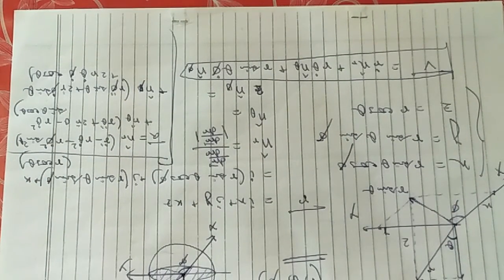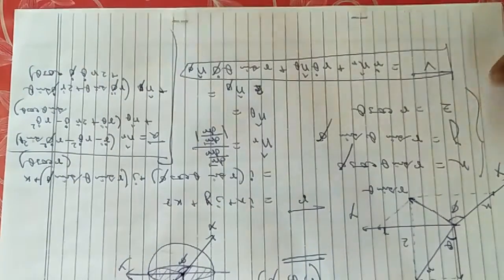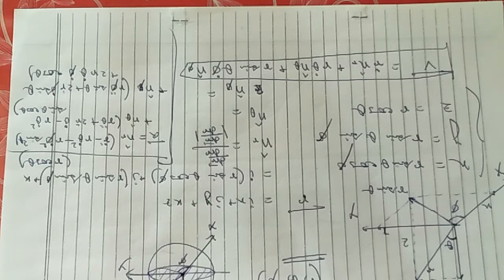You have to remember this always, because most of the calculations will be asked from the velocity component. Very few may be asked from the acceleration component, because acceleration is itself a lengthy calculation. And did I write twice r dot theta dot? This will be twice r dot theta dot.